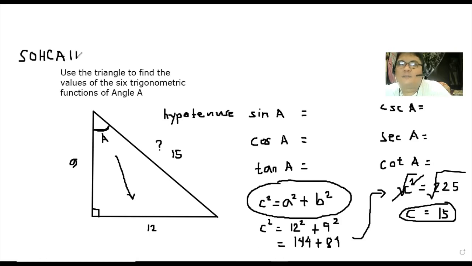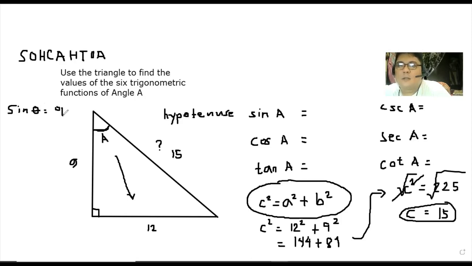TOA. Yan, naalala ko pa yan nung high school ako. SOHCAHTOA. Okay, ano pong ibig sabihin ng SO? Ang ibig sabihin po ng SO is sine theta. Theta is your angle. Sine theta is equal to